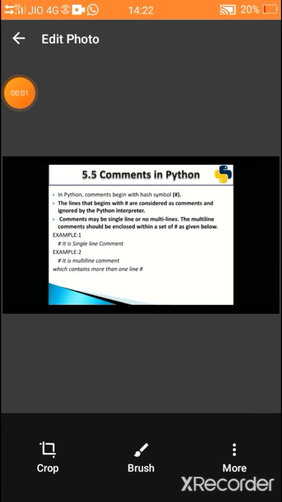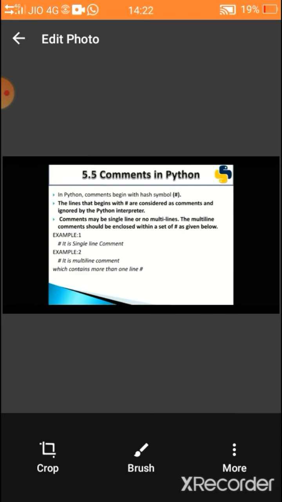Next, we are going to see comments in Python. In Python, comments begin with the hash symbol. Lines that begin with a hash are treated as comments and are ignored by the Python interpreter. Comments may be single line or multi-line.